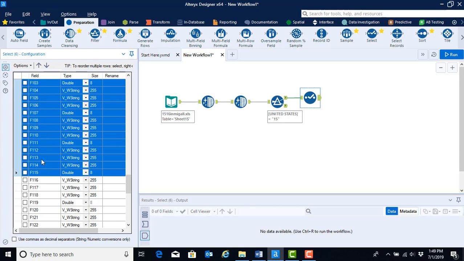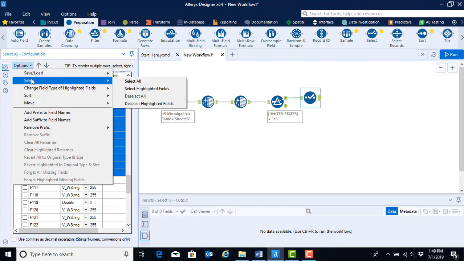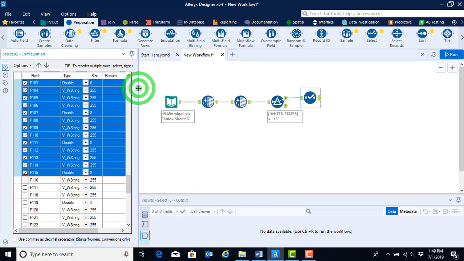These are the fields that we would like. Do not click anywhere else. Go up to Options and again hit the down menu, and then go to Select, and then go to Select Highlighted Fields. This allowed us to limit our data set just to the columns that we are going to be interested in